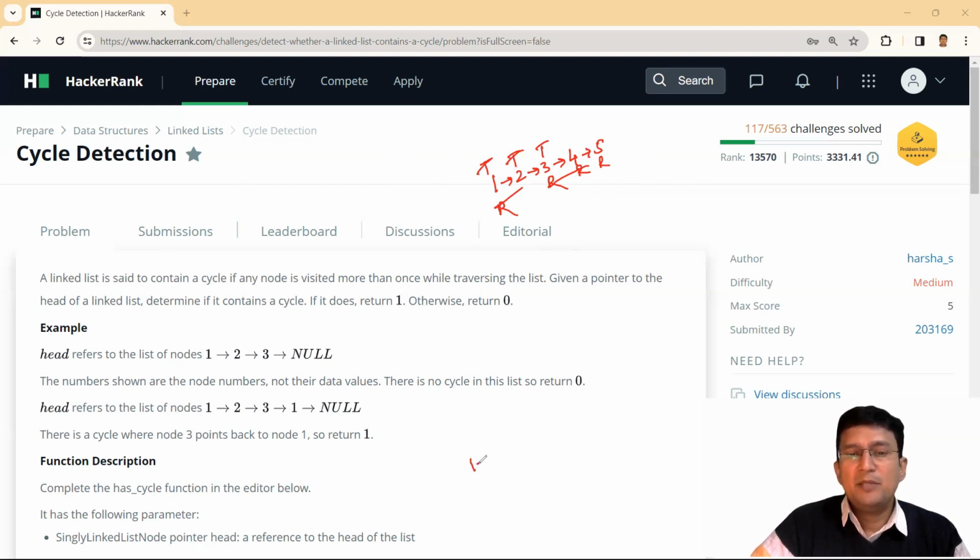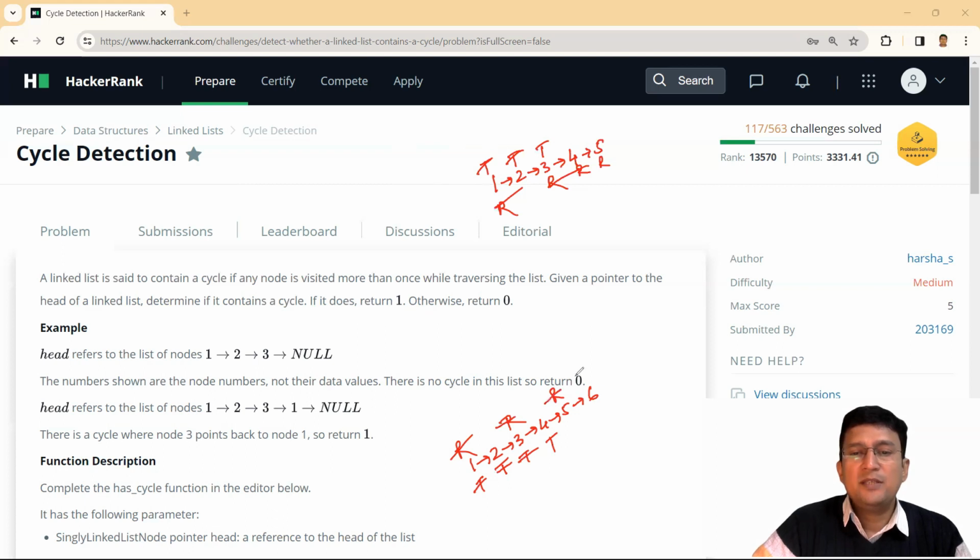Let's take an example which contains an even number of nodes. For example, this linked list which has 6 nodes, which is an even number of nodes. So T and R at the same position, tortoise and rabbit. Tortoise takes 1 step, rabbit takes 2 steps. Tortoise takes 1 step, rabbit takes 2 steps. Tortoise takes 1 step, reaches 4.